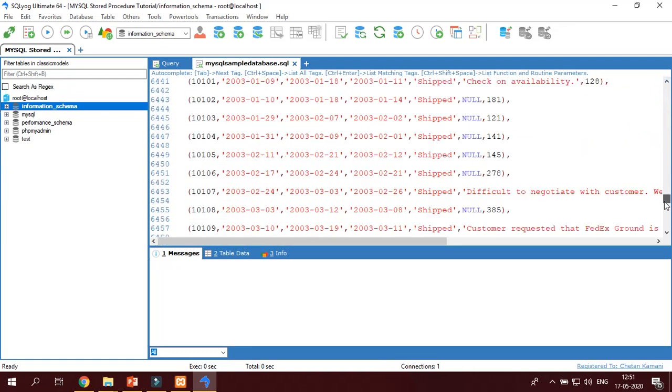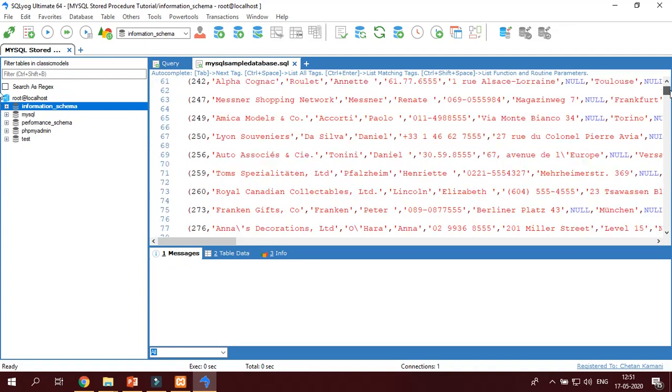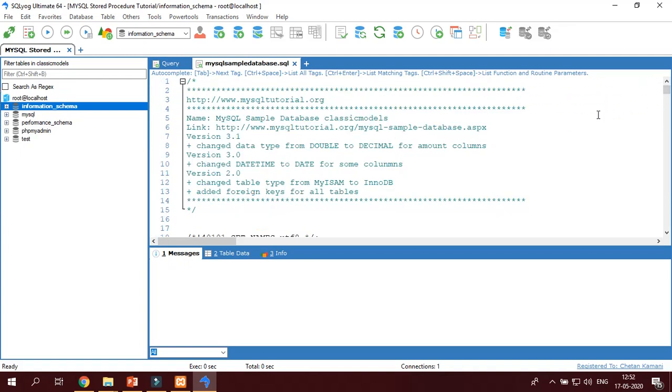Just scroll down. There are so many lines of code. You do not have to change any line, because once you change a line, you will mess up everything. Just execute all queries, or you can execute by using Ctrl+F9.